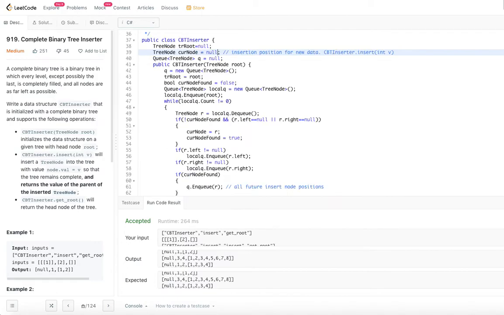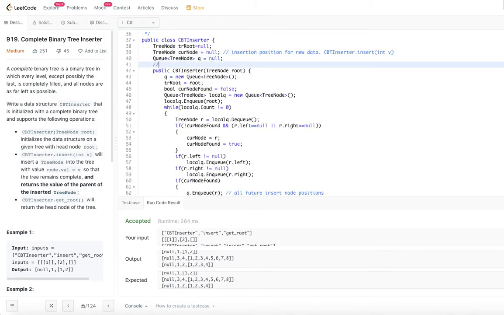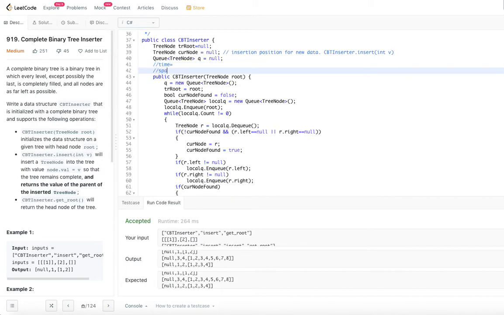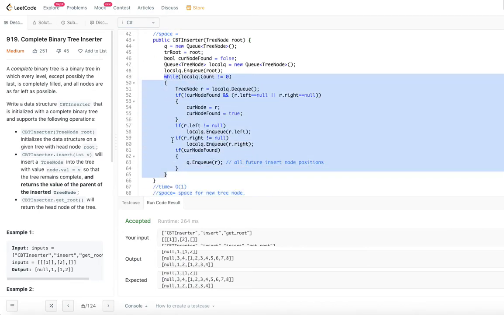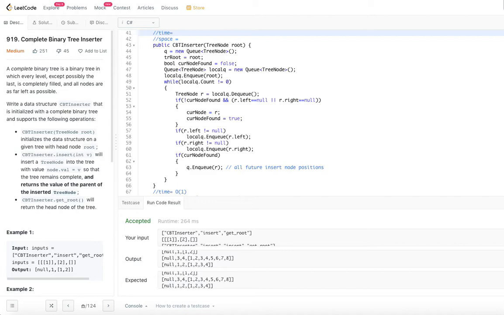And let's go back to the constructor. What is the time complexity? What is the space complexity for this, right? Okay. So time complexity, we are going through the entire tree. So let's say if there are n nodes in the initialized binary tree, right? Then what we are going to have is order of n time complexity, right? Order of n is the time complexity.